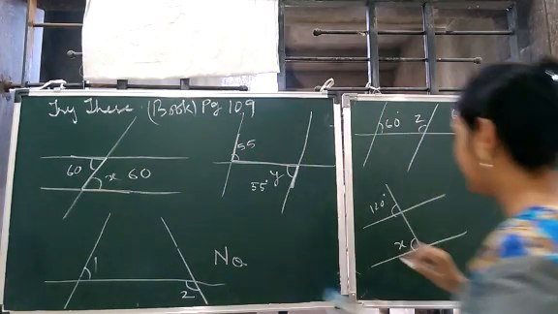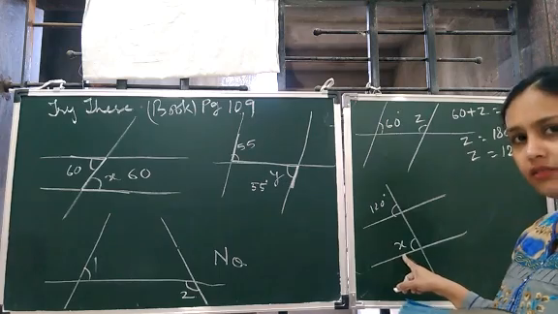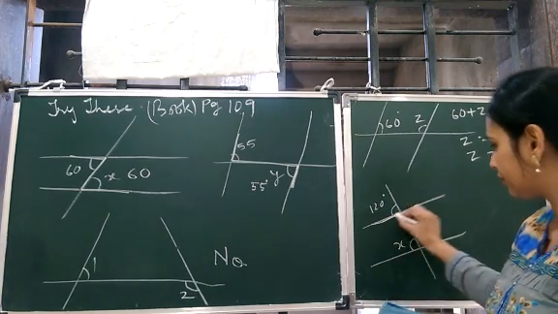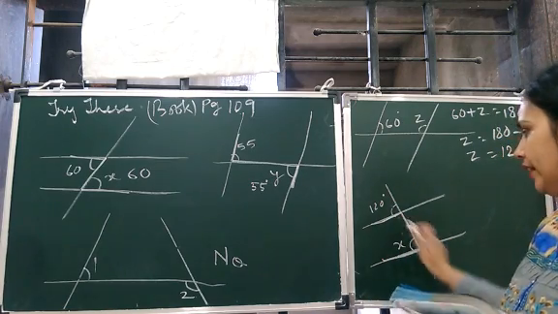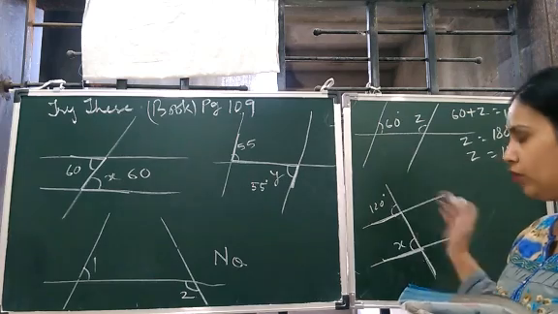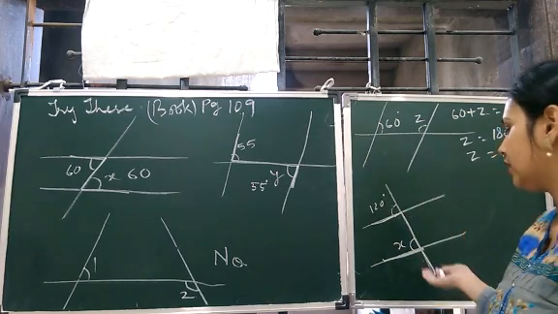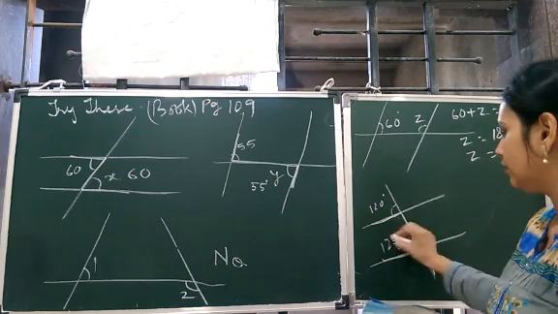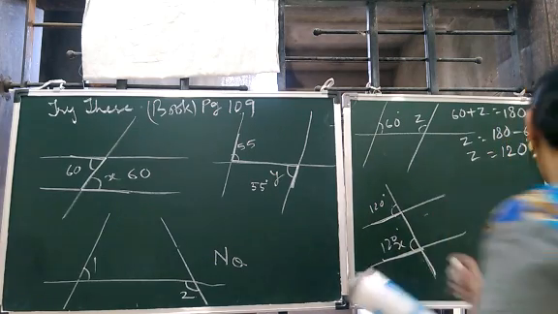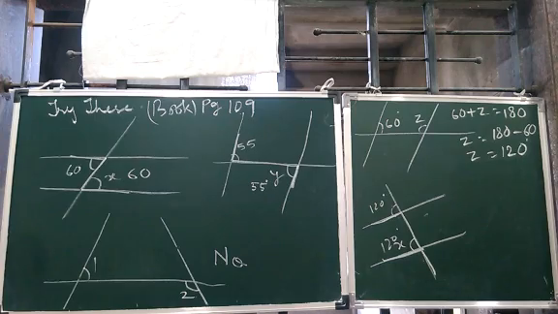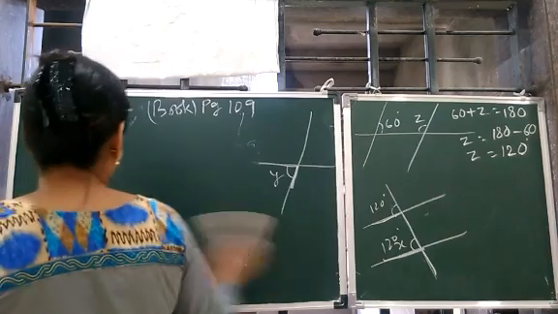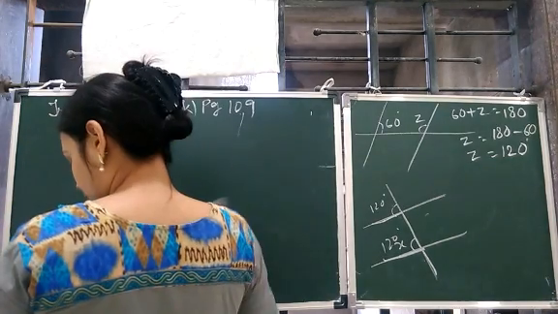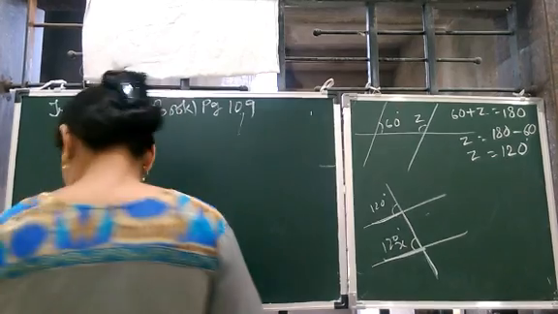Okay. Going ahead. Corresponding angles. Yes. See the formation of F. Corresponding. So either make it on top or inside at the bottom, make it anywhere, upside down or straight. They are corresponding angles. So this will also be 120 degrees. So you can write the reason: because they are corresponding angles, so they are equal. And the last one, children.